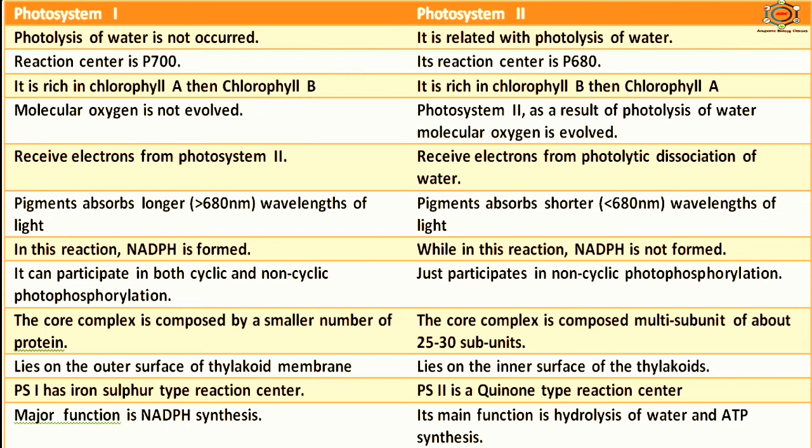Photosystem first lies on the outer surface of the thylakoid membrane, while photosystem second lies on the inner surface of the thylakoid membrane. Photosystem first has an iron-sulfur type reaction center, while photosystem second has a quinone type reaction center. The major function of photosystem first is NADPH synthesis, while the major function of photosystem second is photolysis of water and ATP synthesis. So these are the main differences between photosystem first and photosystem second, and this is the end of the video